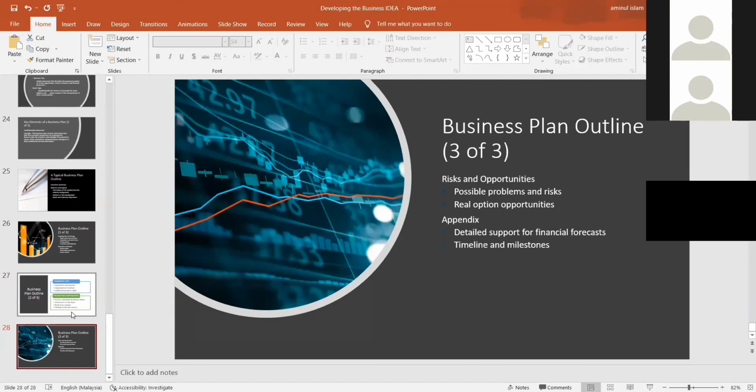And then you will also have to show the financials, the risks and opportunities available. And of course, you will have your timelines and milestones at the end of your business plan. Okay. So these are the key elements of a business plan that we do,